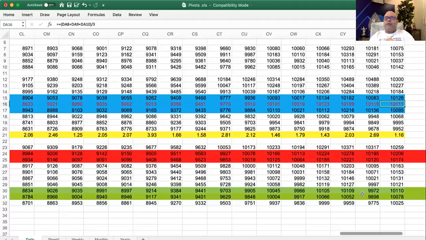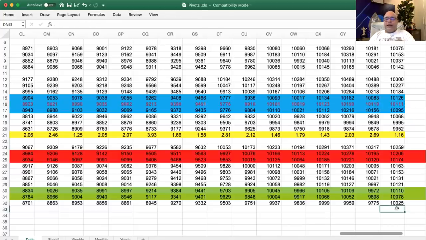Since we are on the topic, the support zone for the day is 10,078 to about 10,110. So what I expect is that we go into this zone and then recover, and then move towards the resistance zone, which for the day is 10,174 to